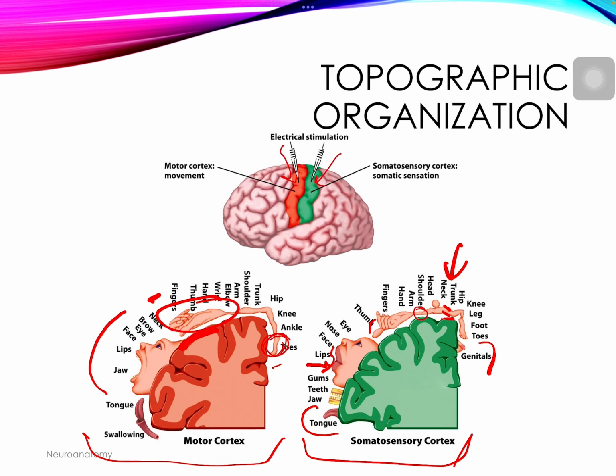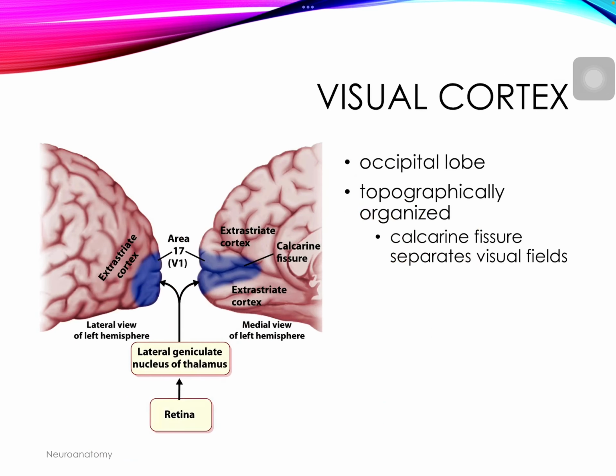And here, this is just a picture of electrical stimulation. If you have an open brain and you're able to stimulate different parts, you will either feel them depending on what they are associated with, or you can stimulate, for example, a hand or a finger to move, depending on where you're at.